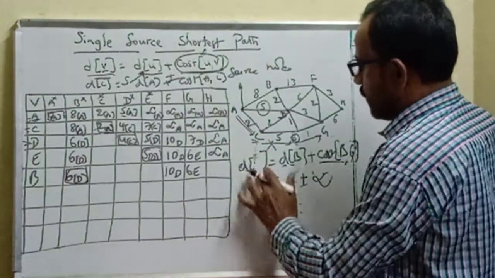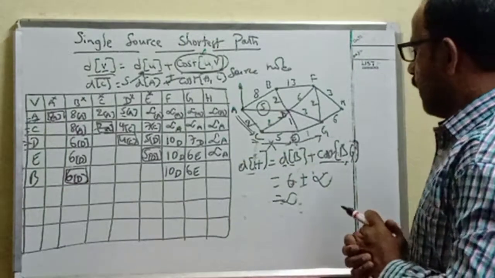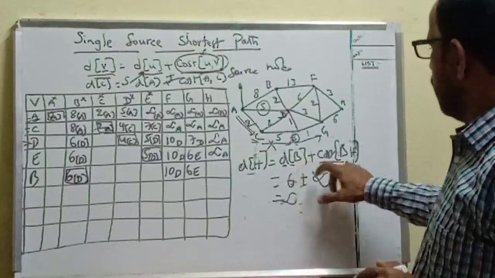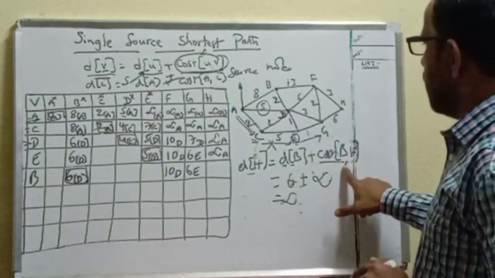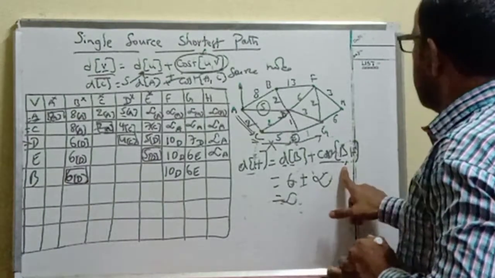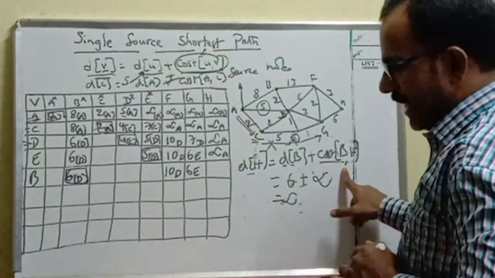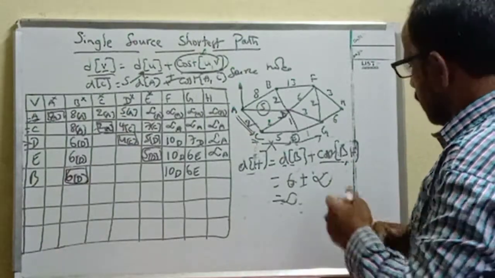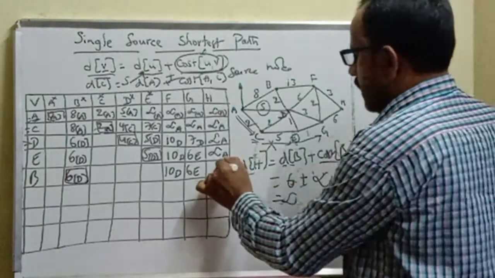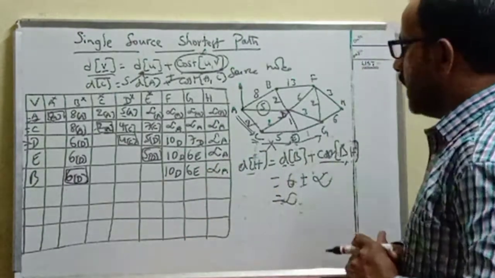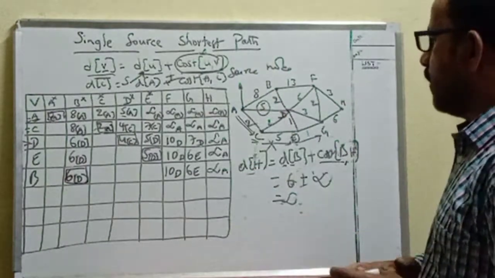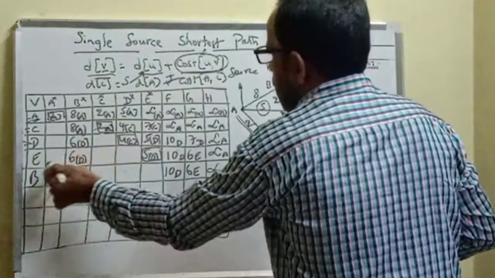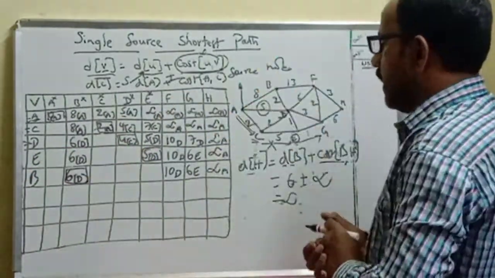Next one is H. What is D of H? Same, B comma H. This is common because via B only we are going to travel. What is D of B? 6. Is there any direct edge between B and H? There is no direct edge between B and H, so consider the same number, infinite. Then there is no change still, because even via the intermediate nodes, we didn't find a direct edge between C and H, D and H, or E and H. That's why we got infinite value.